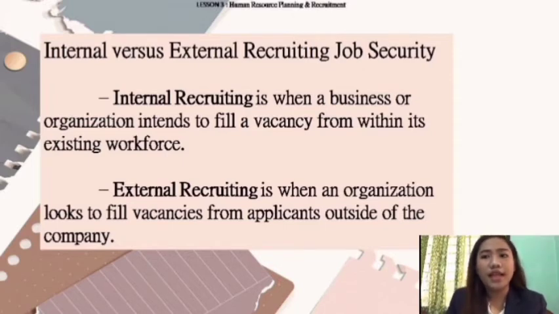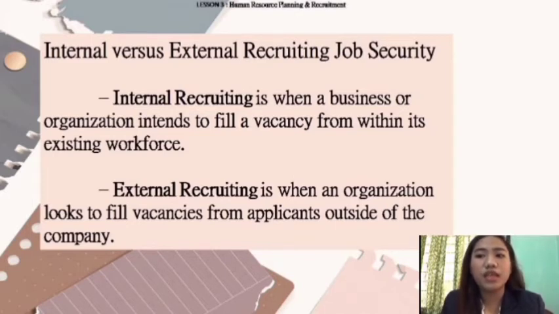On the other hand, external recruiting is when an organization looks to fill vacancies from applicants outside of the company. It can be informed to the external environment by using various methods such as advertisements, campus recruitments, walk-in interviews, job fairs, and job portals. In addition to employing promote-from-within internal recruiting sources, perceptions of job security and long-term commitment to the organization are also